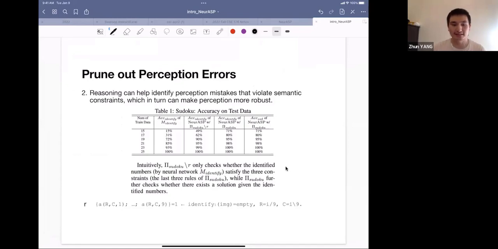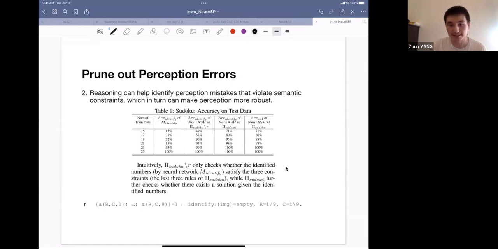Oh yeah, this demonstrates the user table to show how it helps. The constraints help when the perception part has mistakes. The first column is the number of training data used to train the perception neural network. The second column is the perception accuracy, and we can see that with, for example, 15% perception accuracy,